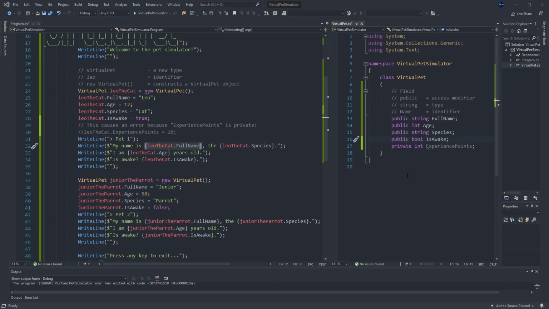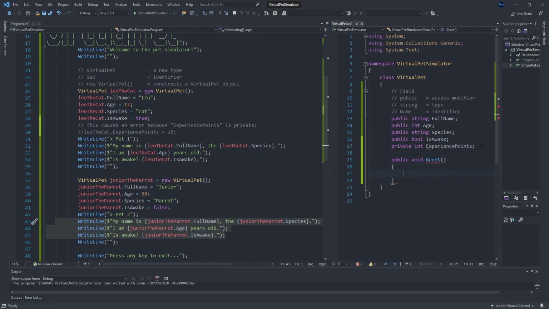So we've got our fields in here. This is probably good. I want to move on to the next topic, which is methods. So if we look at what we're doing with this printing out of the pet name, species, age, is awake here, we've got a lot of repeated logic. And so we can actually use what's called a method to bundle up some of our repeated logic into reusable chunks. So I'm going to create a greet method here